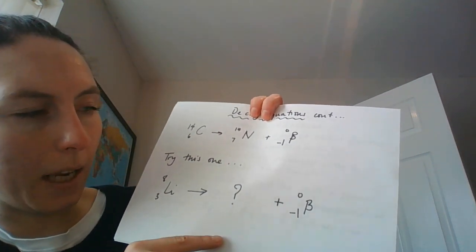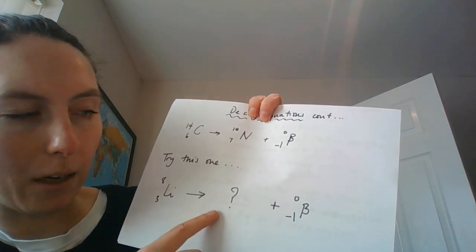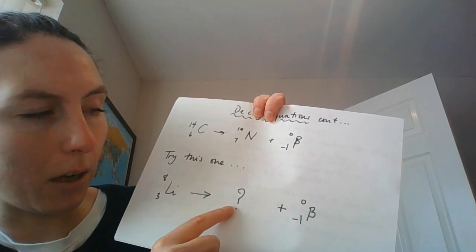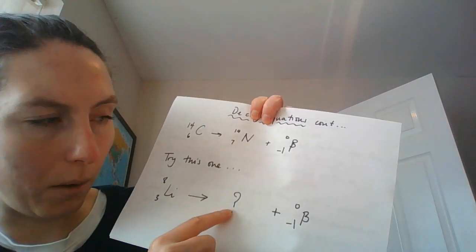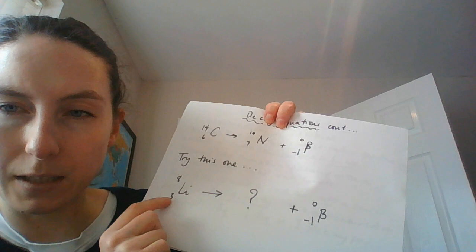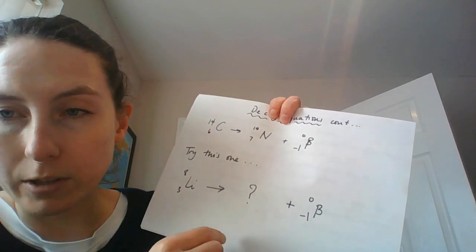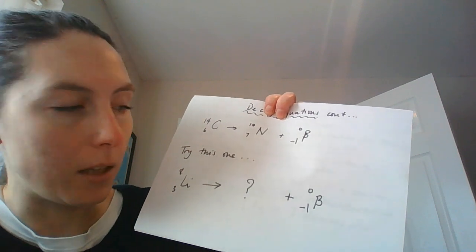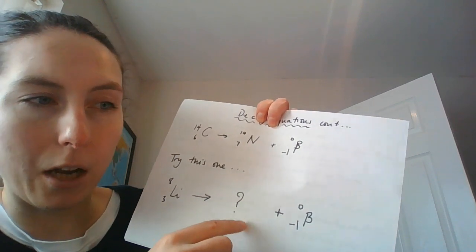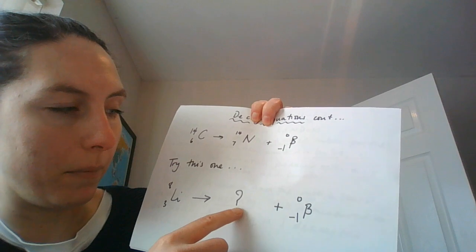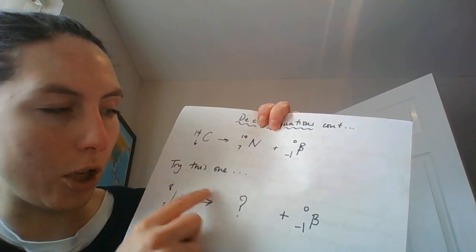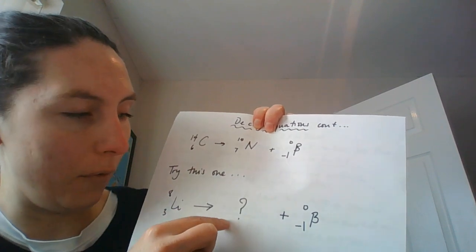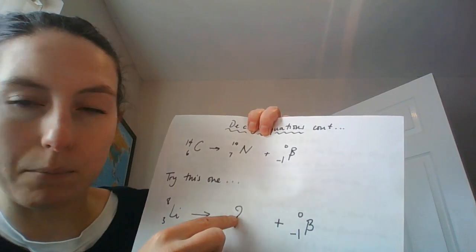So for this element here, we need to have an atomic number which is 1 greater than 3. So this must have an atomic number of 4. So little 4 at the bottom. 4 minus 1 makes 3. Now at that point, look at your periodic table, find which element has the atomic number of 4. It's beryllium. So the symbol here is a capital B, lowercase e, Be for beryllium. The mass number is unchanged. So we should have an 8 at the top here, a 4 at the bottom there, and the symbol Be